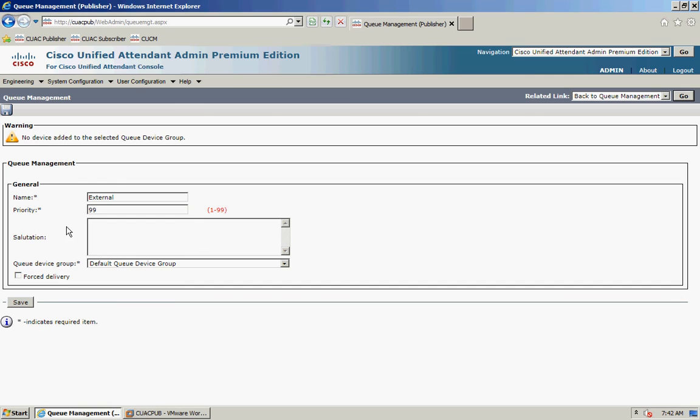What you can then do is configure a priority. Now if your queue is configured to use broadcast delivery, and I'll explain that now. Broadcast delivery is if a call hits the queue, it will queue within the Attendant Console server and it won't physically ring on the end user's phone. At this point, all of the operators that are logged in that have access to that queue will be able